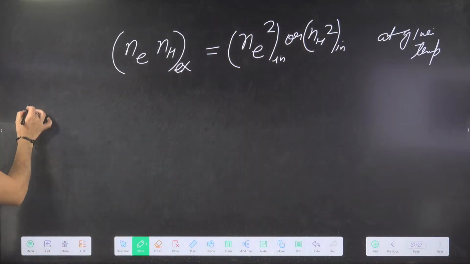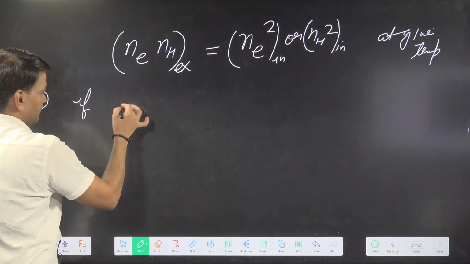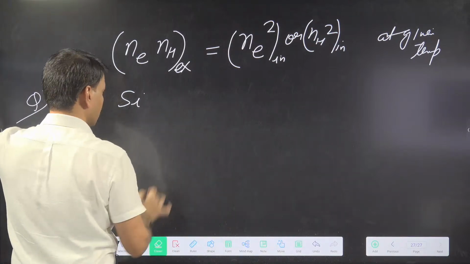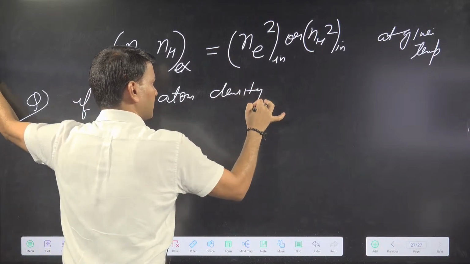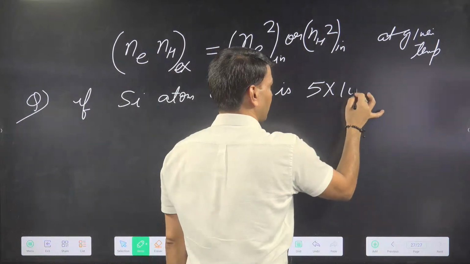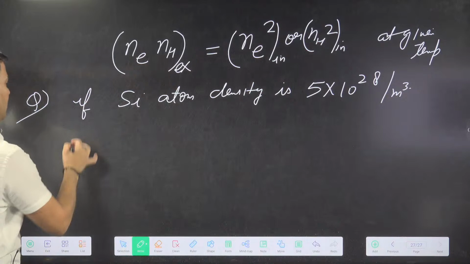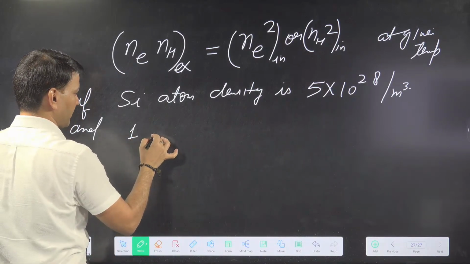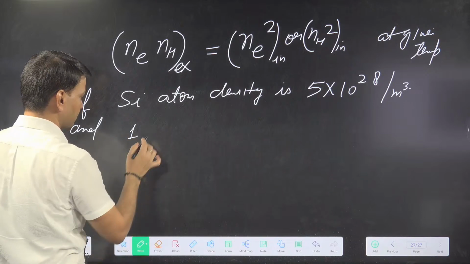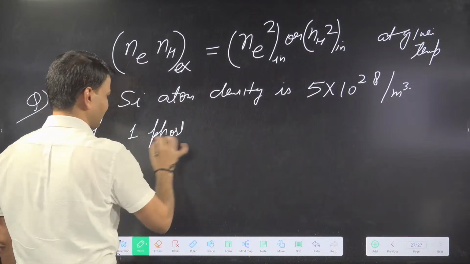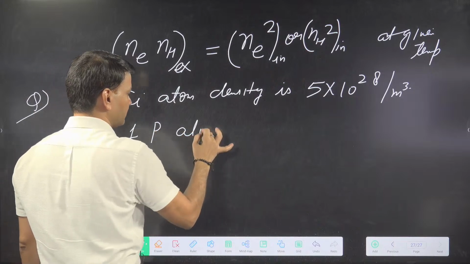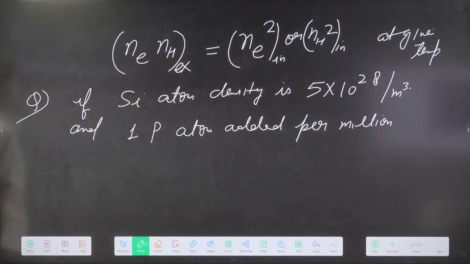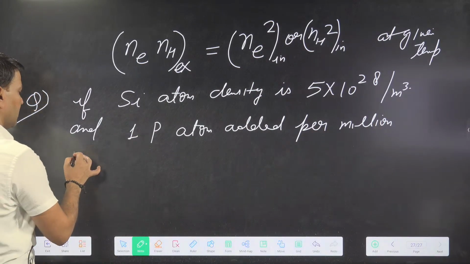Okay, so one small question in this: if silicon atom density is 5 into 10 to the power 28 per meter cube, and 1 phosphorus atom is added per million (they will say ppm, where ppm means parts per million), 1 phosphorus atom added per million. Then